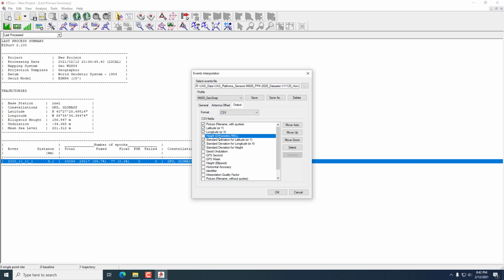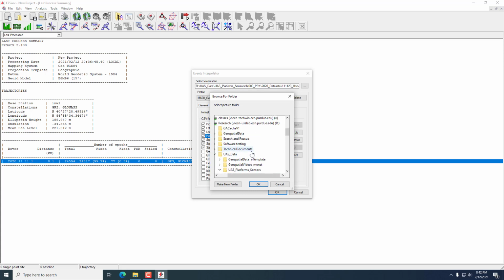Also notice that when you click on one of these, if it is selected, it will unselect it. If it is not selected and you click on it, it will select it. So just make sure that these are checked and that they are in the correct order. After height orthometric, we will have our standard deviation for latitude, standard deviation for longitude, and standard deviation for height. Once all of these are in a row, then we will hit OK, and we will go to our image